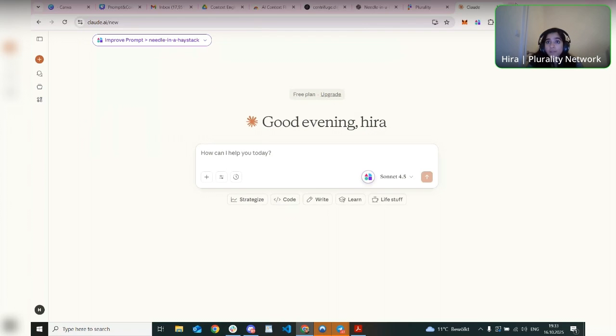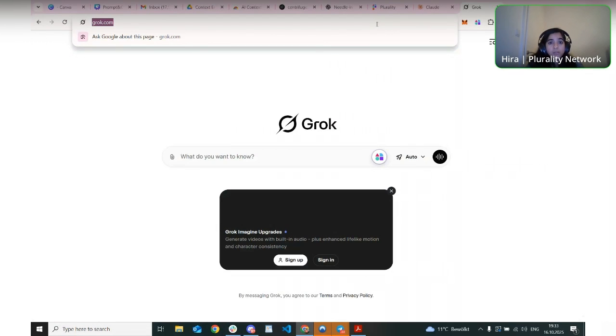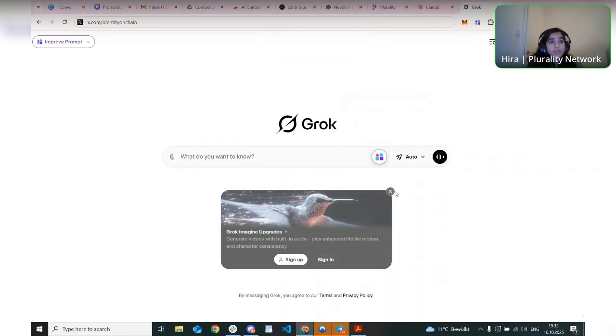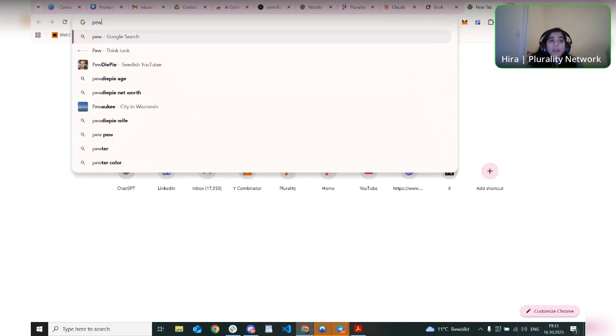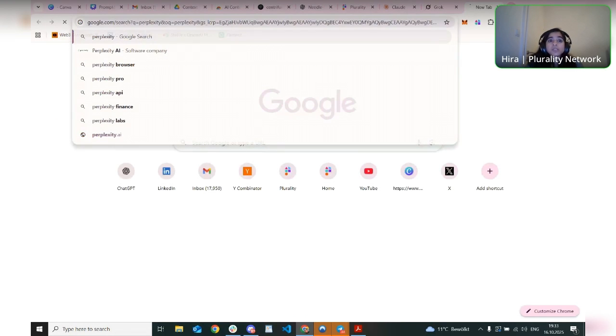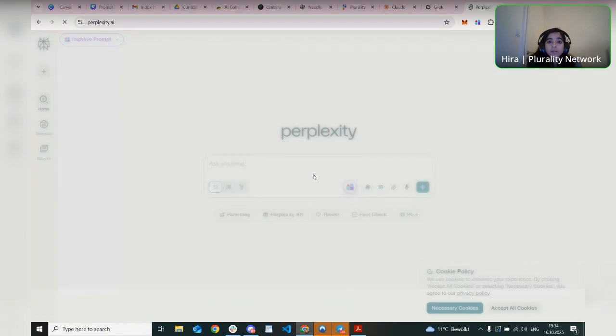Or if I go to, let's say, Grok, the one in X, I will have the same context. If I go to Perplexity, I will have the same context. So this is a portable context layer, an open context layer that travels between